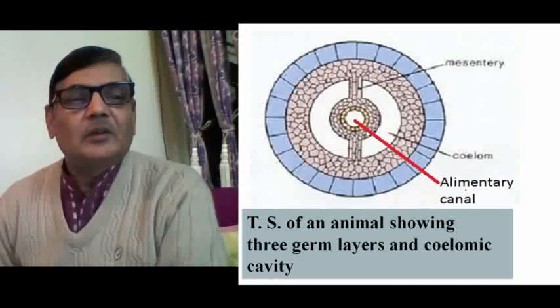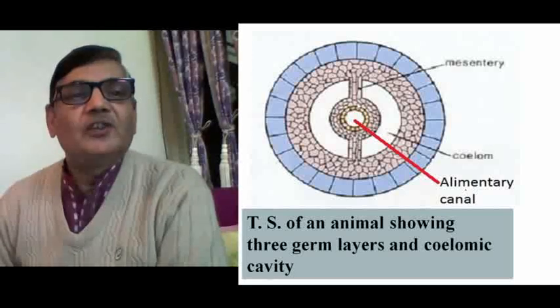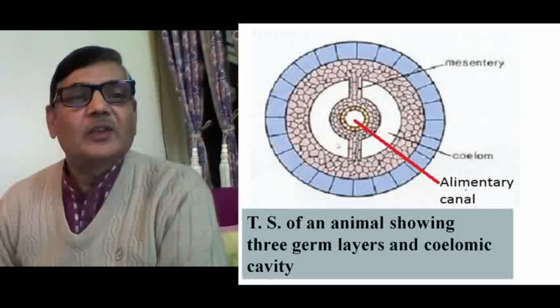In this diagram, the transverse section of an animal is shown, where you can see the presence of three germ layers which actually give rise to the entire body parts. See, the external layer is of ectoderm, followed by mesoderm. So this is mesoderm. And if you see this white space, this represents the coelomic cavity. And then again this one is mesoderm, and internally this is the alimentary canal. This is actually the lumen of the alimentary canal, which is lined by endoderm. So this internal lining is of endoderm.